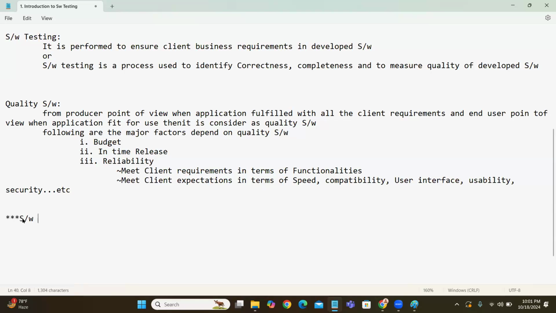So software testing technically, how are we going to say software testing